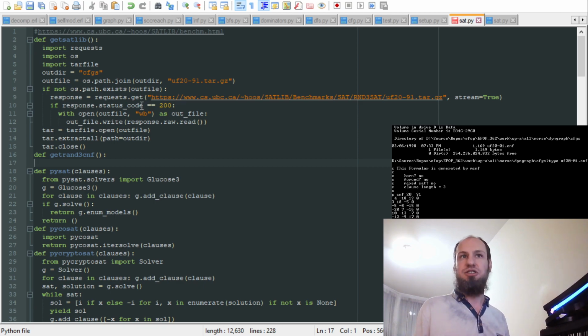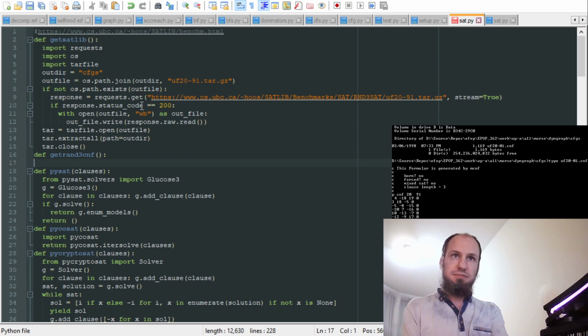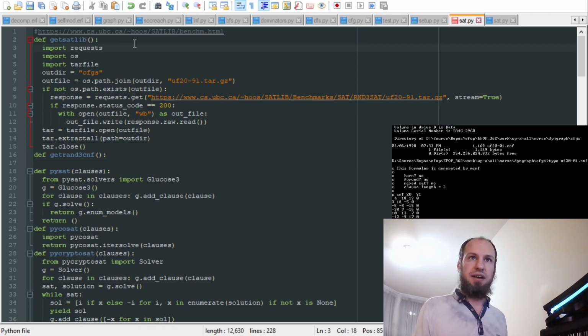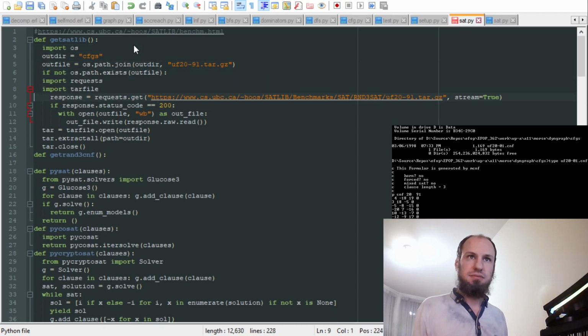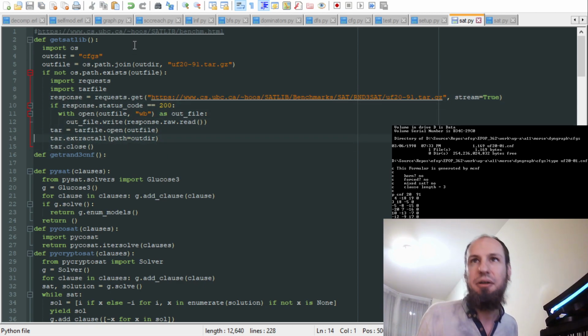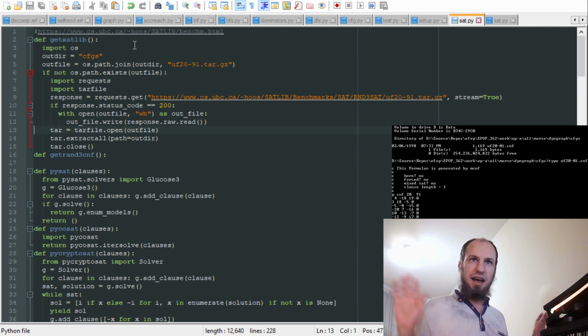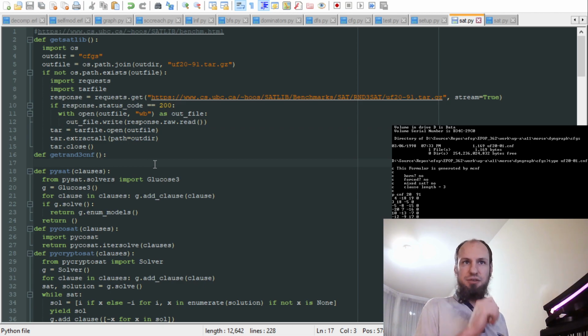Now the untarring we should probably fix as well. Because I don't want any of this to be going on. I don't even want it to import requests or tar file. I don't want to do anything. I mean, if it's downloaded it, it's obviously extracted it. I want nothing to happen here, just an OS path exists. That's enough work. So now what we have to do is list all the files in the directory and find out what's going on